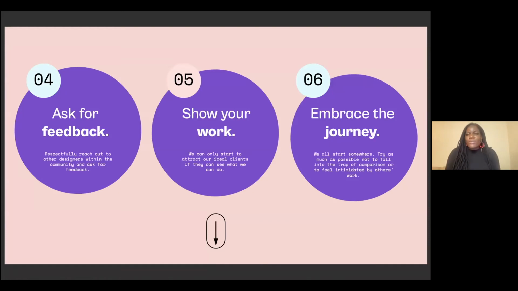But what I've actually noticed, and I can confidently say this for myself if you'd like to reach out to me, is that everyone's kind of nice. So if things are super hectic, they're not going to be like, oh my gosh, you're wasting my time, but they're going to be like, is it okay if I get back to you here and there? But thank you so much for reaching out to me. So I know it's so scary, but do find designers that you can reach out to or communities that you can join so that you're not walking the journey alone. There are some questions that the internet is not going to answer, but someone who's been in the field will have that response for you.